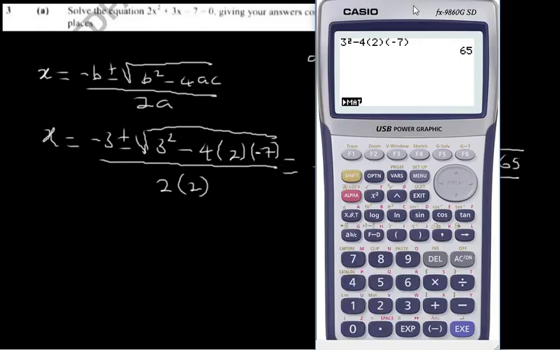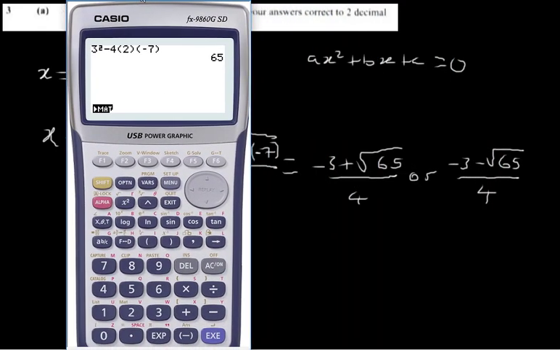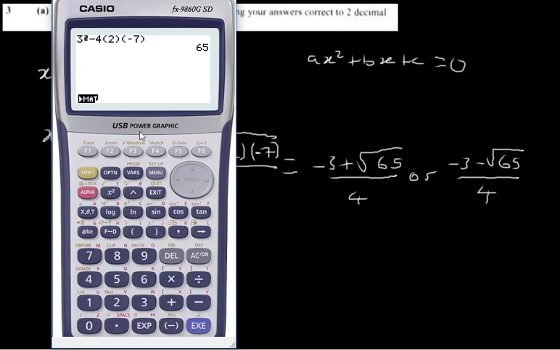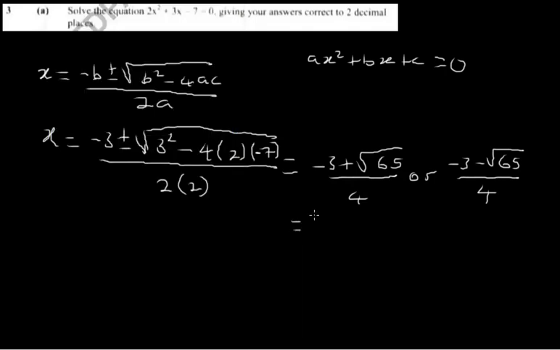From there we punch it again just as we see it, and we will have negative 3 plus square root of 65 divided by 4. We have 1.266, is equal to